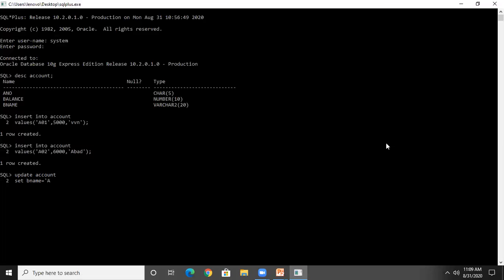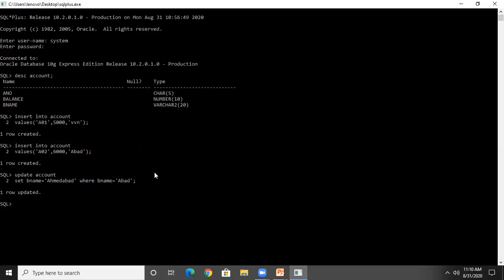My new value is Ahmedabad. Where B name is equal to Abad. So wherever B name is equal to Abad, my value will be changed into Ahmedabad.